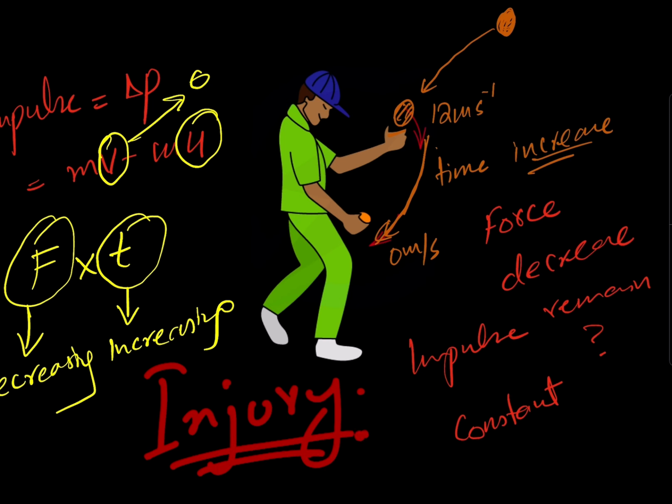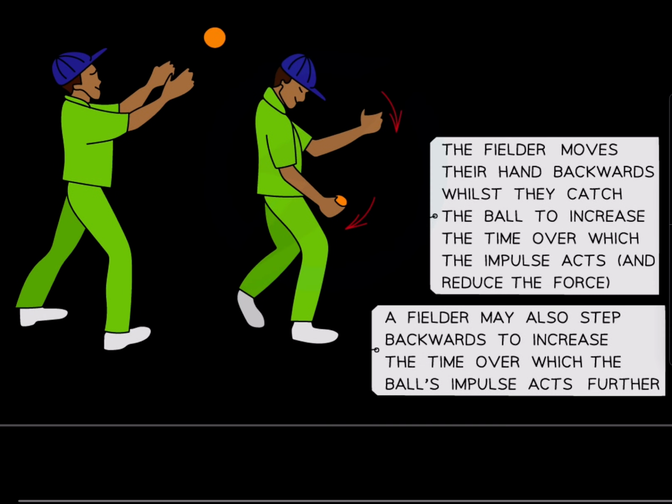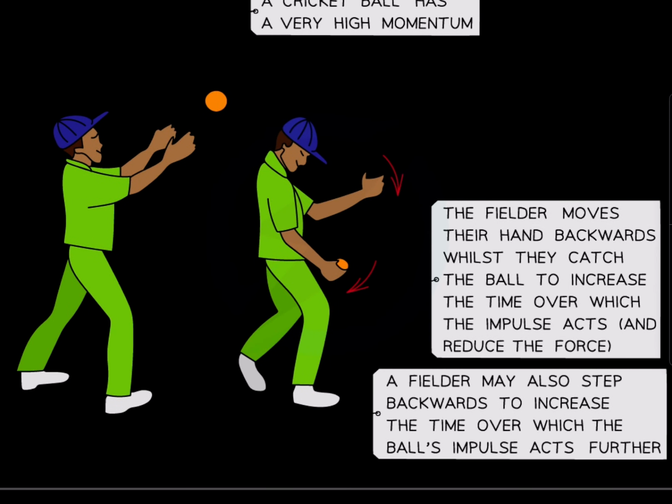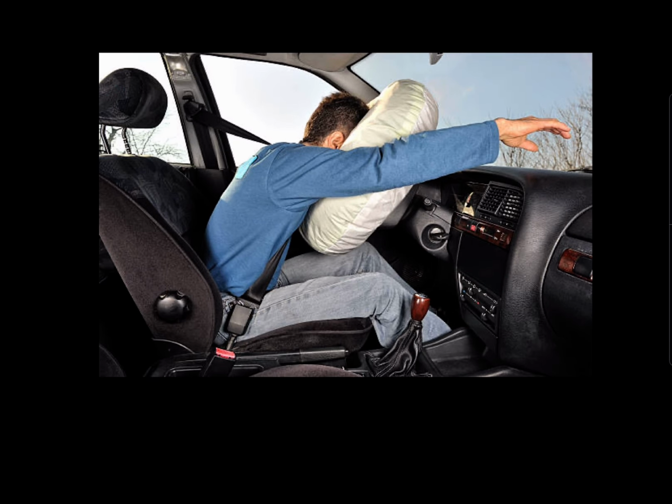The same application is used in airbags as well. So this is the explanation. A cricket ball has very high momentum. So this is how it usually works in the field, right? So if you play cricket, you had better know this phenomenon. Your wicketkeepers and goalkeepers are using the same phenomenon, the same science. Okay, so this is the same phenomenon. Application is